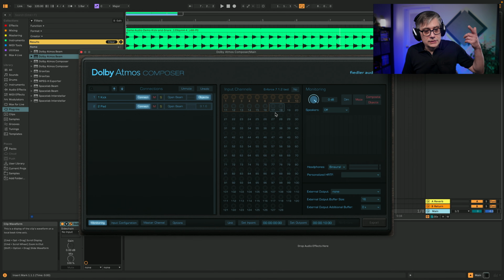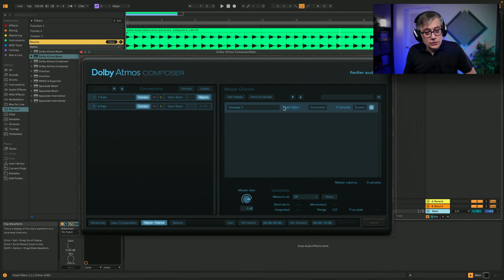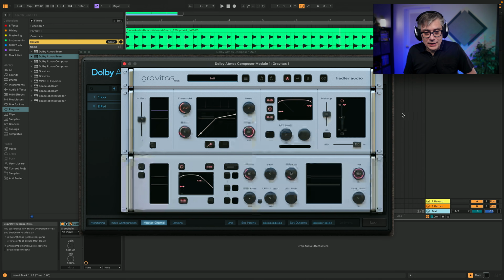That is essentially the pad that has been positioned into our Dolby Atmos bed, or actually into our Dolby Atmos composite, because it's actually more than 10 channels, so it's a 16-channel object bed. And then essentially what I can do is exactly the same thing that I did with the two objects. I open up the Gravitas module and I need to go into the input selection.